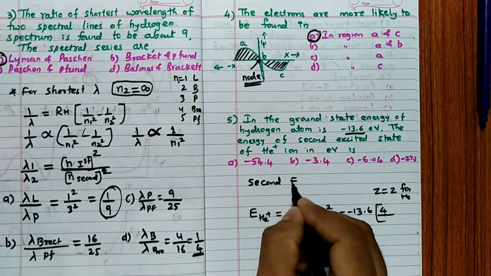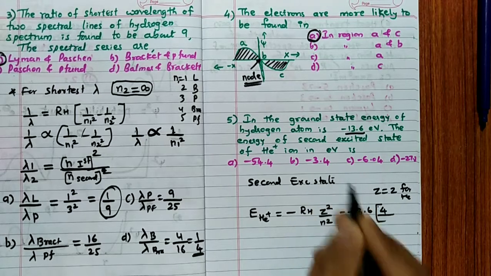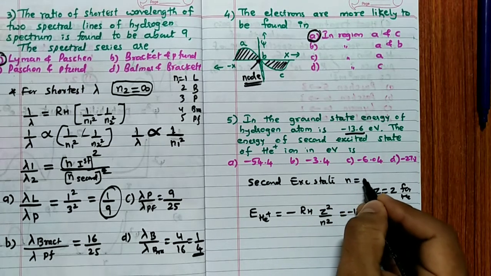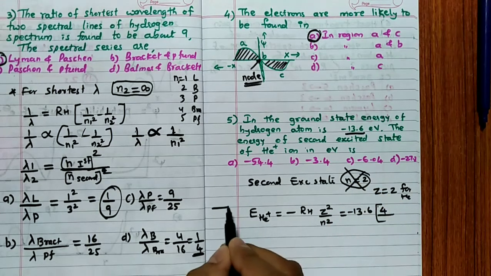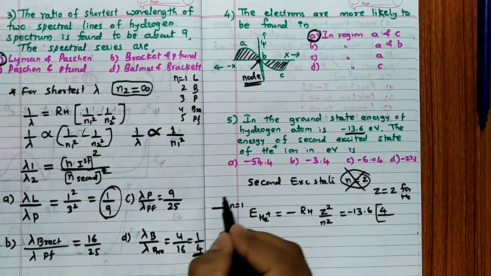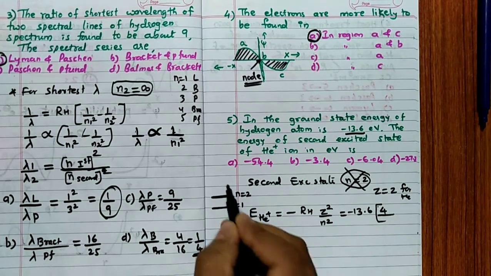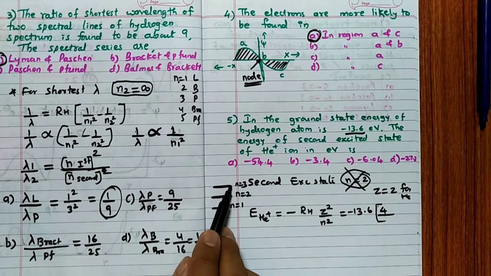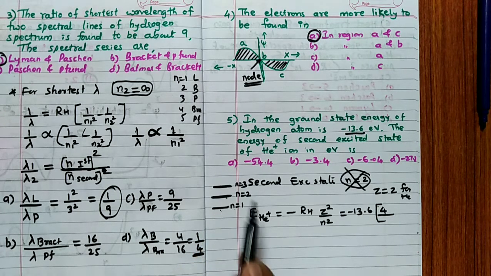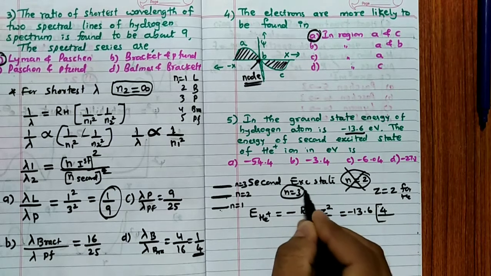See, second excited state. Generally, remember, for second excited state you will take N is equal to 2, but it is wrong. Because this is ground state, N is equal to 1. This is first excited state, N is equal to 2. This is second excited state, N is equal to 3. Remember that, very important point. N is not 0, it is 1 minimum. So first excited state is 2, second excited state is 3. Because of that reason, in this case N is equal to 3 is the correct one.